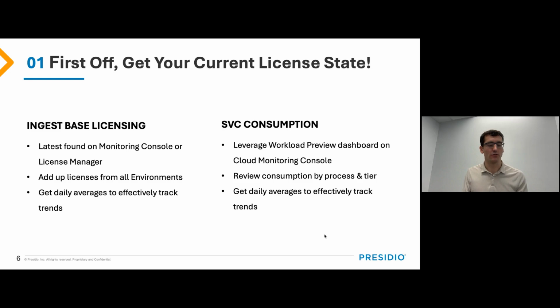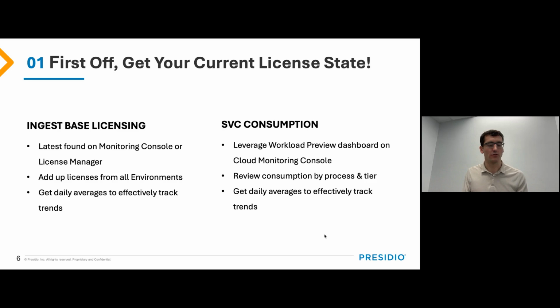Splunk's side with their Splunk Cloud Monitoring Console. Definitely go into your Cloud Monitoring Console and dig into the workload preview dashboard. This is actually an optional dashboard that they're still cooking up, but we find that it provides a lot more visibility, a lot more usability than what you get out of the standard dashboards that they are replacing. So we really recommend right now, if you have Splunk Cloud, just opening it up and getting into this advanced